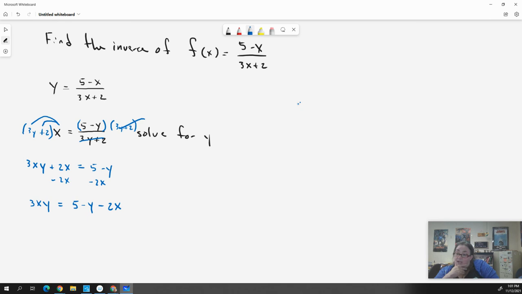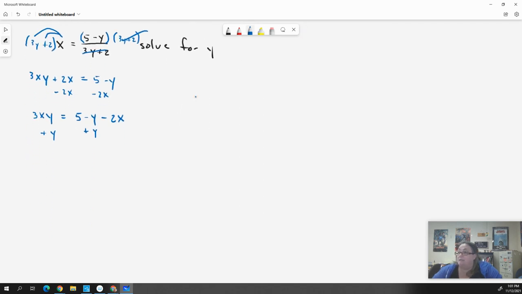I want to get this y over to the other side. Why? Because I'm solving for y, and I want all my y's on one side. So I'm going to do that by adding y to both sides. So here I get 3xy plus y